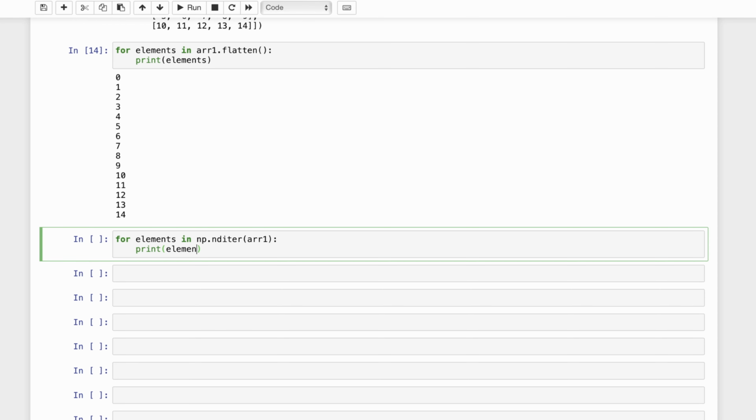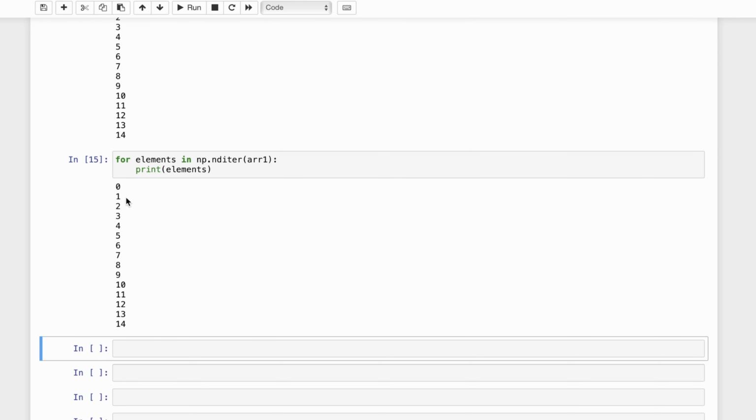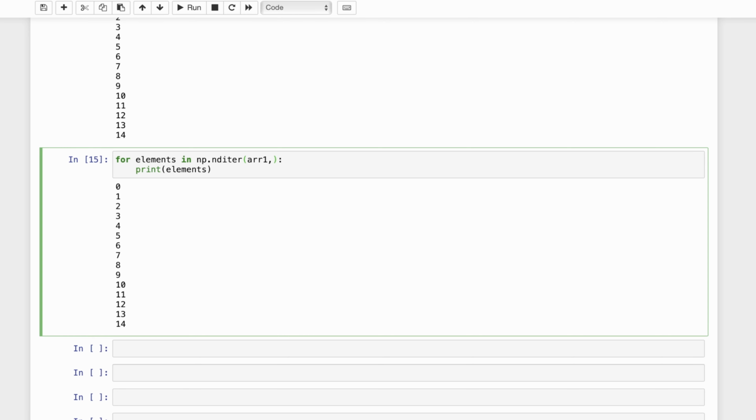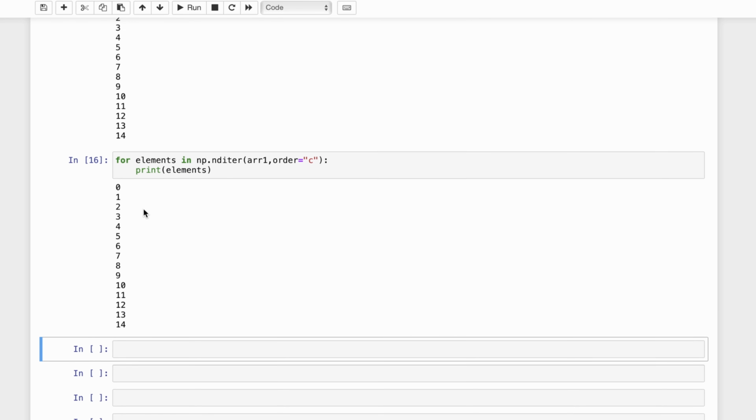Then print elements, and run it, and we get this. That is because we have a second parameter here called order, which determines the order in which this should iterate, and by default the order is given as C. So when I run this again, I get the same output, right? So what if